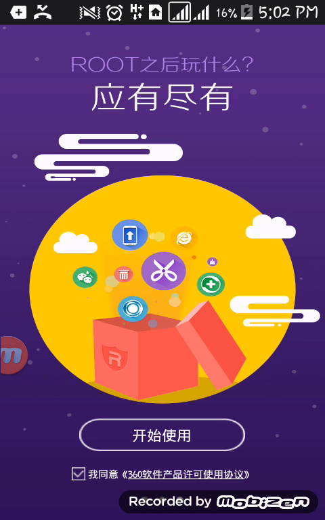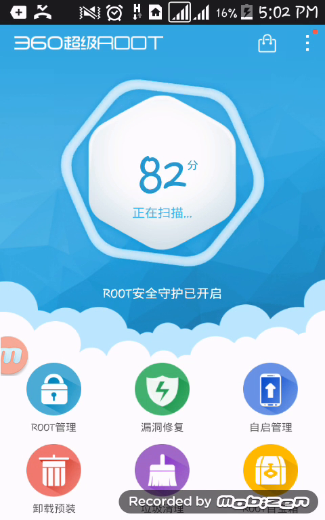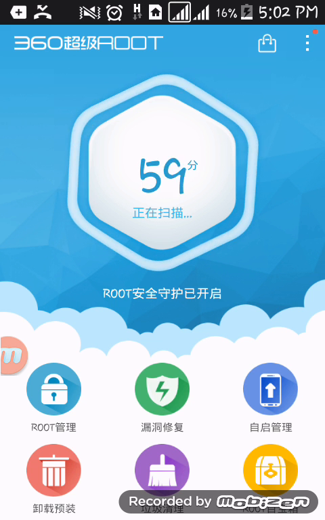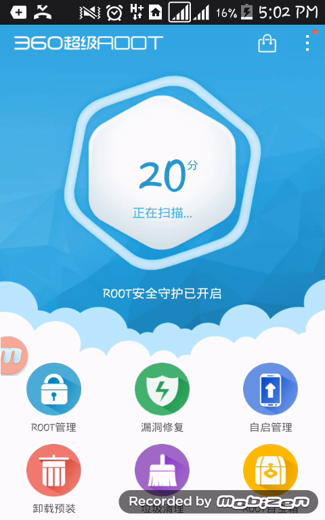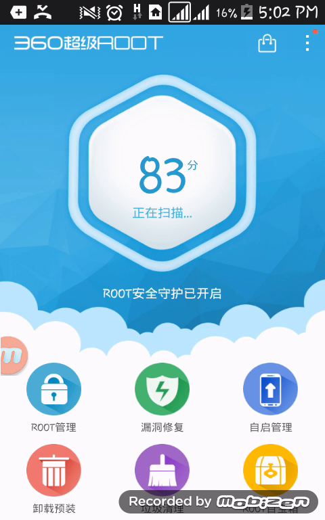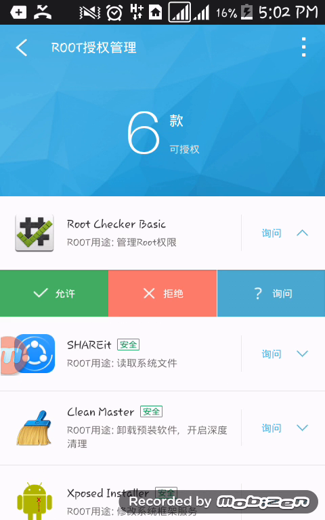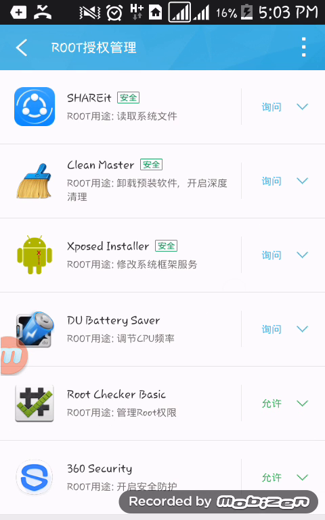Start. And provide root access to Root Checker Basic.